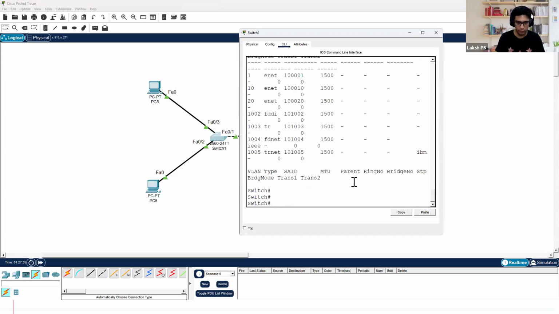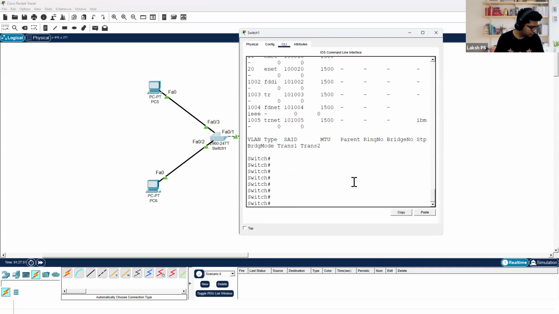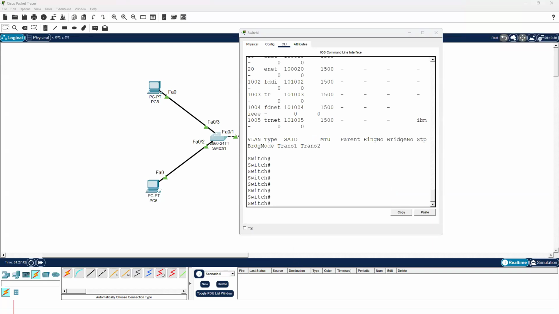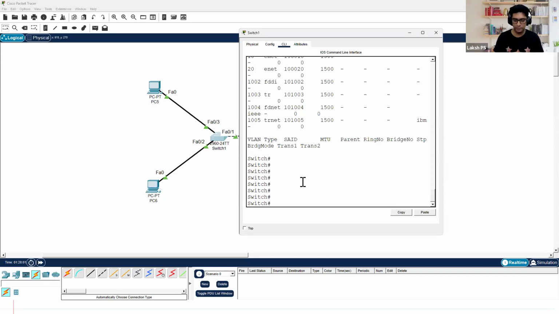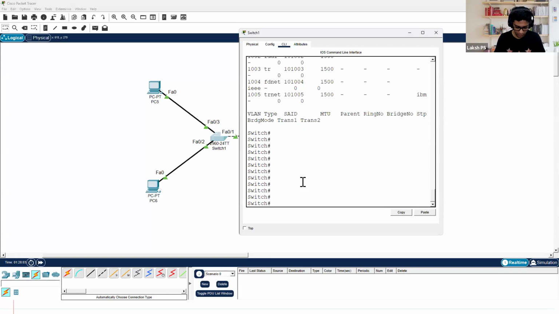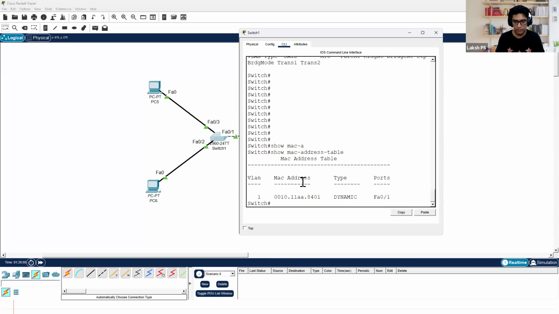That's the only assumption that we were going to make. So if I do a show mac address-table,